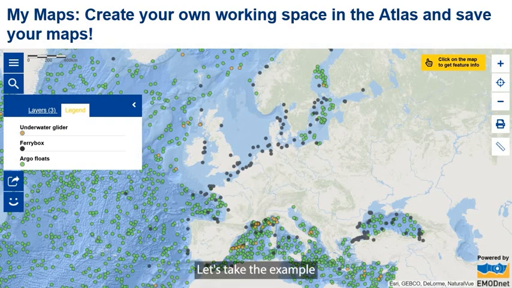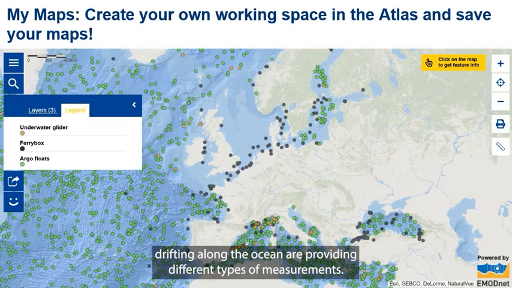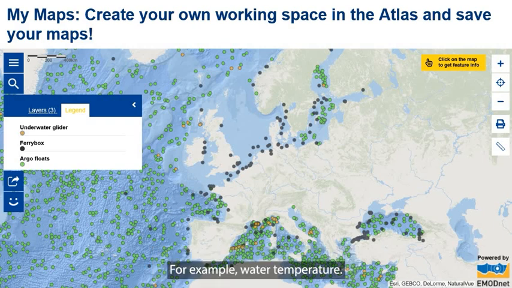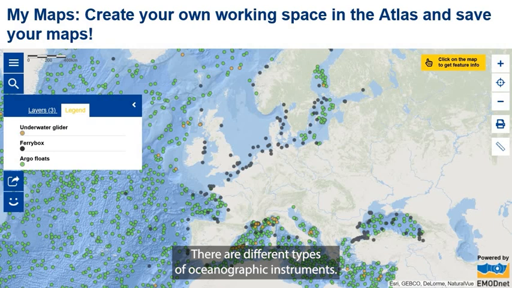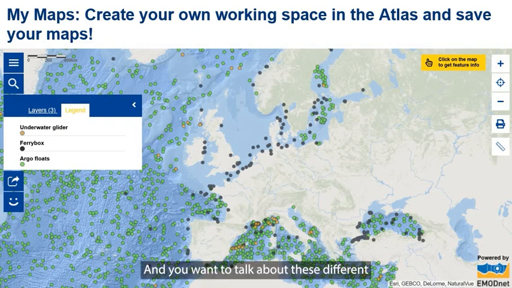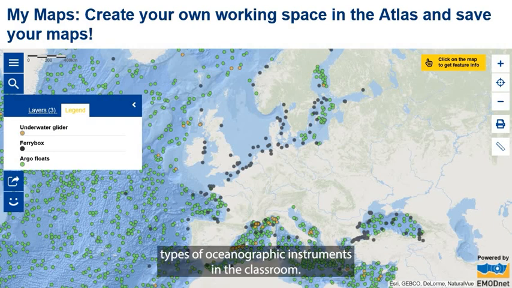Let's take the example of oceanographic instruments. You've heard before that oceanographic instruments are deployed at sea, and these instruments that are drifting along the ocean are providing different types of measurements, for example, water temperature. There are different types of oceanographic instruments, and you want to talk about these different types of oceanographic instruments in